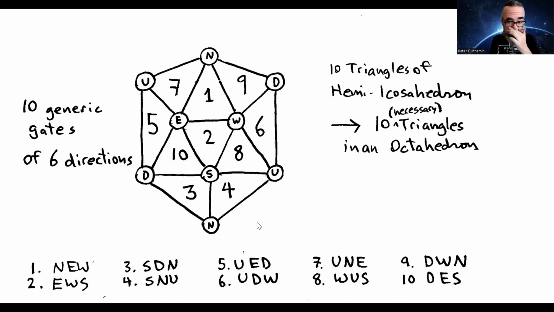And west up south is again on the upper face of the octahedron, but directly across to the southwest. But what's interesting is that the upper southeast and the upper northwest do not have triangular gates